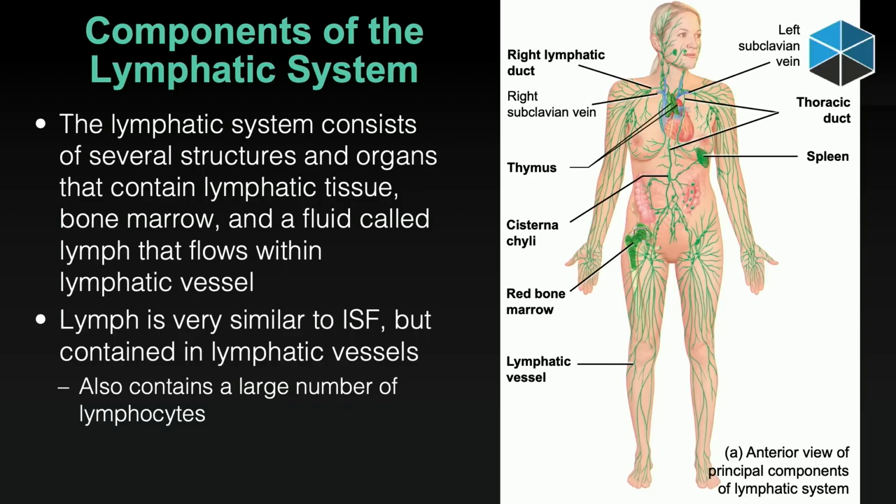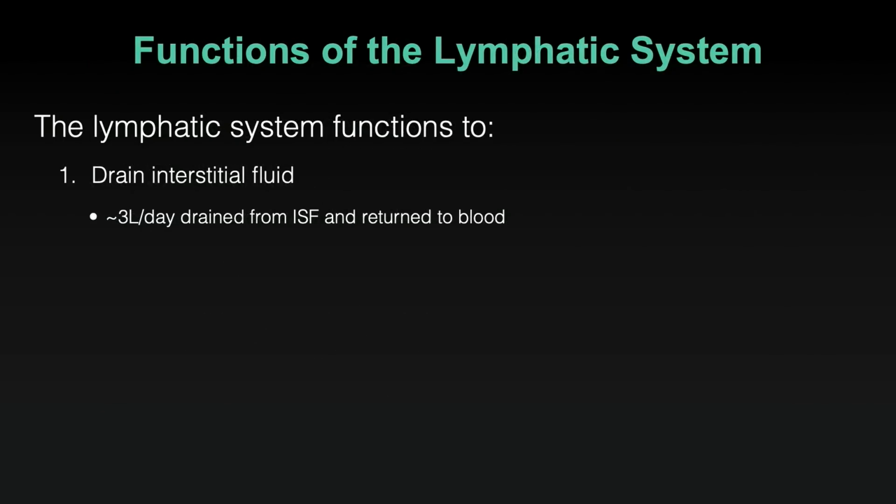But here we have a roadmap, much like we saw the entire arterial system laid out or the venous system laid out. The lymphatic system is laid out here with its major components. And so its job is at least threefold. We focused on the disease resistance part so far, but it helps to restore blood volume. And in fact, about 3 liters per day of fluid that escapes the blood